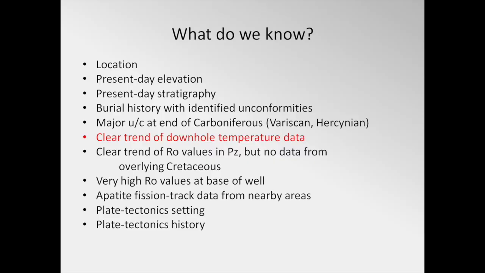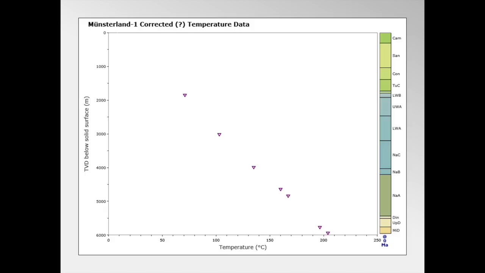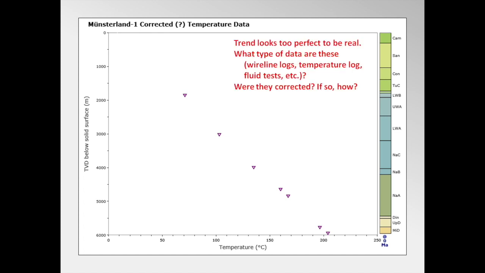Downhole temperature data are of great value in modeling of thermal histories. Fortunately, in the Münsterland 1 well, we have a nice set of downhole temperatures obtained from numerous wireline logging runs. This plot shows the temperature data that I was originally given for the Münsterland 1 well. The temperature profile is excellent and certainly seems at first glance to give a clear answer about the present-day thermal regime. Unfortunately, I was not told whether or not the temperatures had been corrected, and if they had been, what